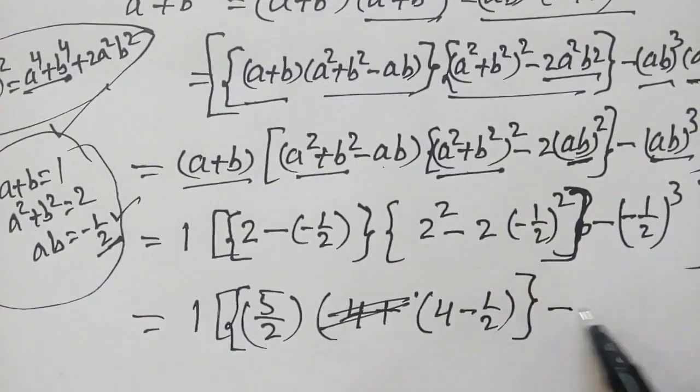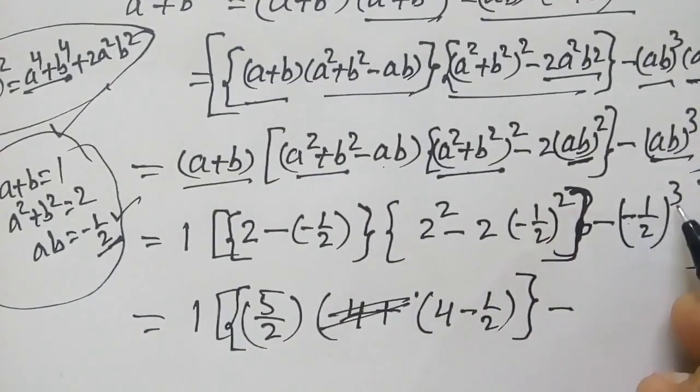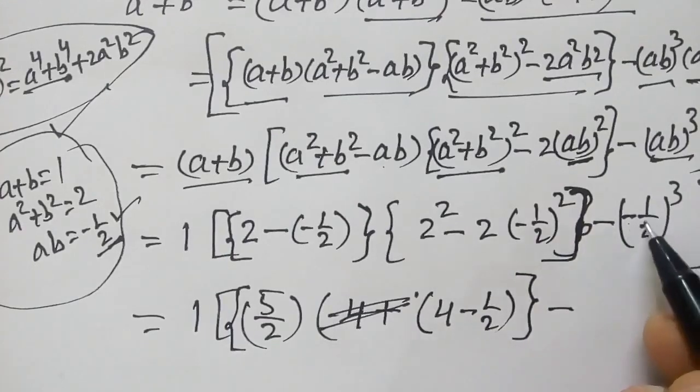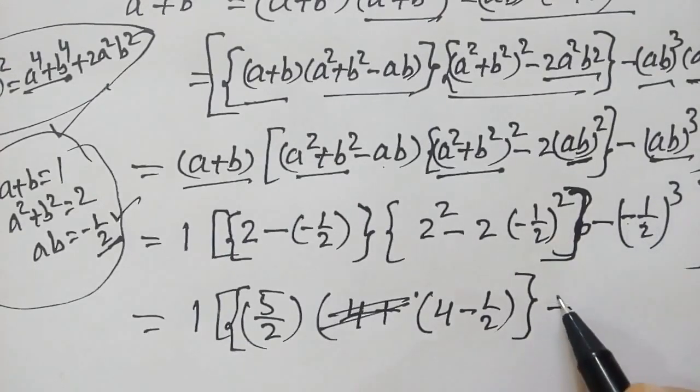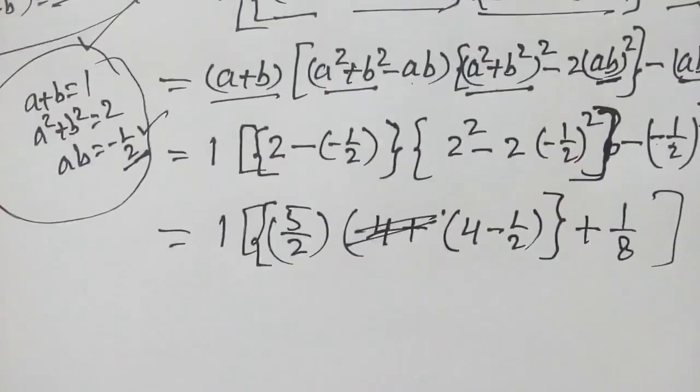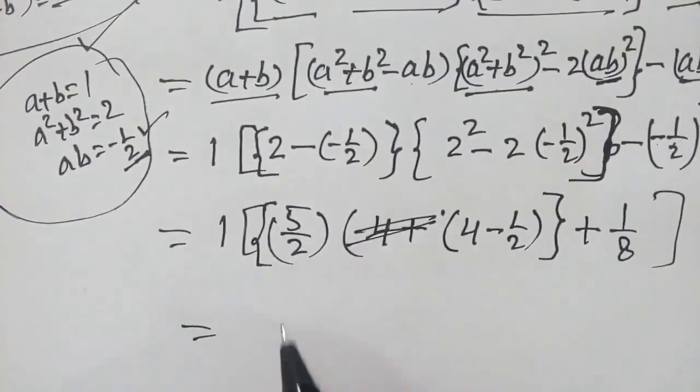And here minus sign, minus half cube, this will be minus and minus plus. So now we have 5 by 2